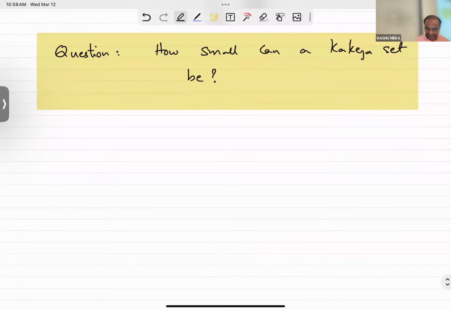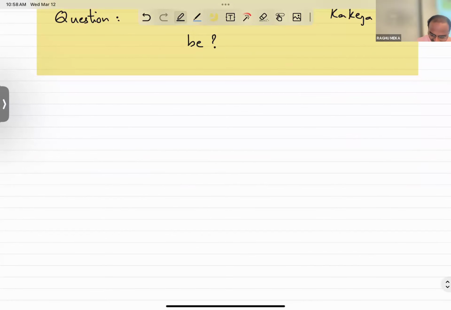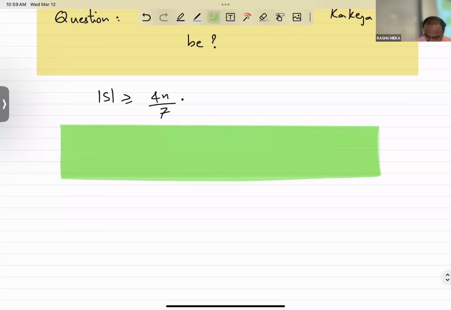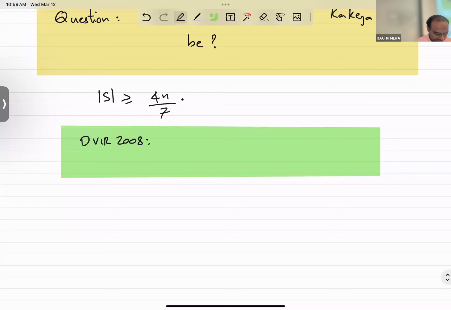Right? And basically until this was studied for several years, and people only had something like, okay, it should have at least n elements or 4n over 7 elements or something, which was painful to prove. Okay? But then in 2008, Dvir showed that the Kakeya set must have size